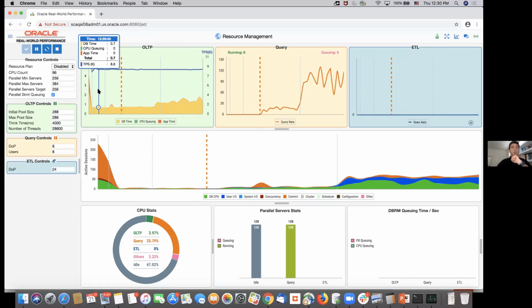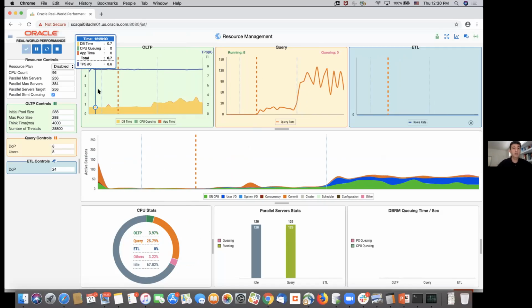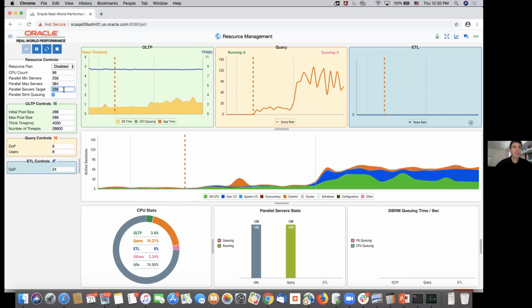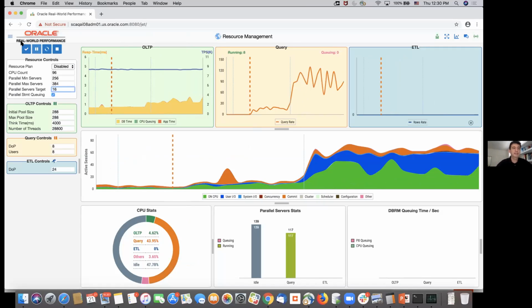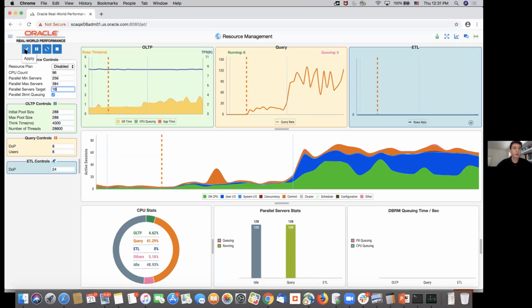Now, in order to protect our transactional workload, what we can do is make the queuing kick in a bit faster, a bit sooner. So I can say, well, I'm going to allow only 16 PX processes to be active at a time while my transactional workload is running, for example. And that will make